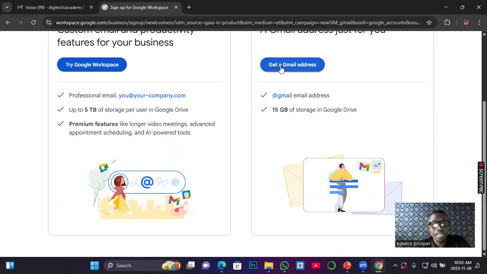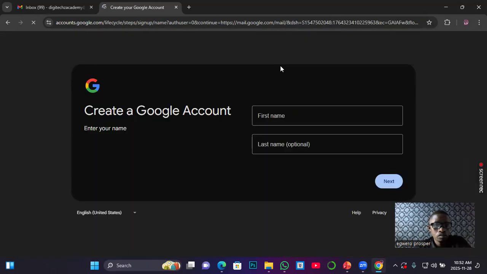So if I select get email account now, that will bring us here. Create Google account. Your first name, so let's say you really want to be giving me your account, and make sure that you are writing down the information. Once we have confirmed anything, you write it down.